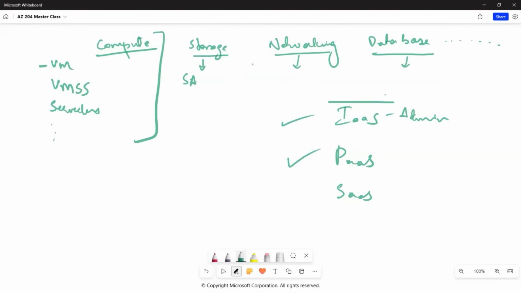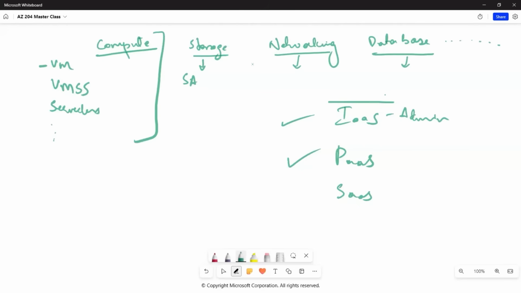Let's say you're a developer and you now want to work on Azure Cloud. Okay, you as a developer, your job role is to just develop the application. But now if you want to leverage Azure Cloud and deploy your own application and see if it's working fine or not, how can you do that?